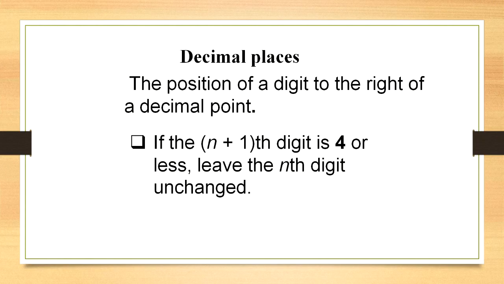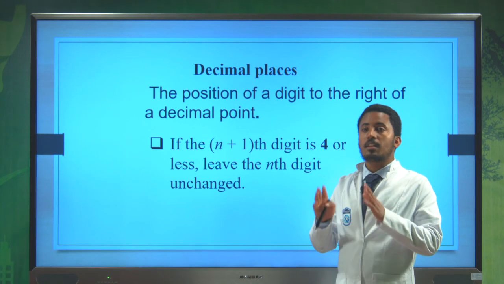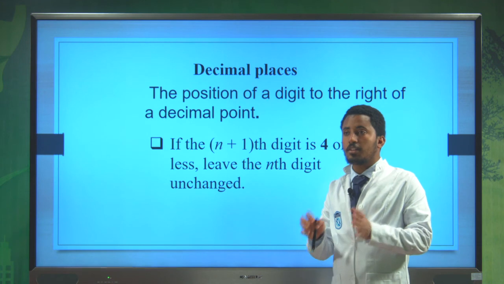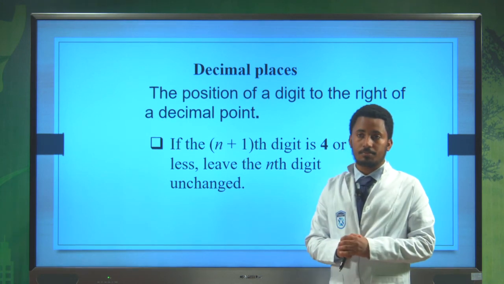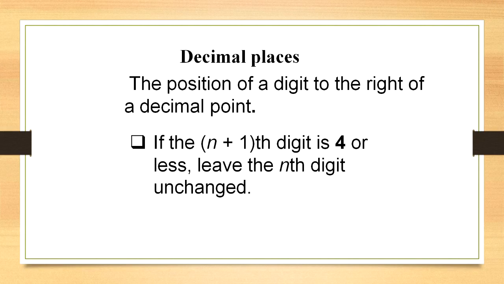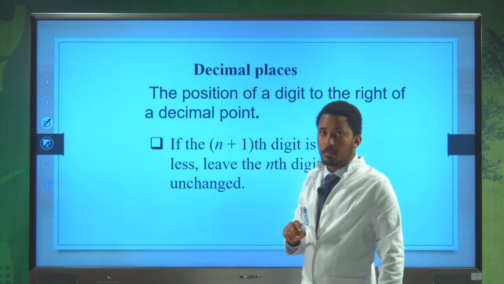So in this lesson we are going to start with the decimal places. Decimal place is the place that separates the whole number from the irrational number. Or this decimal place is the position of a digit to the right of the decimal point. For example, let us see